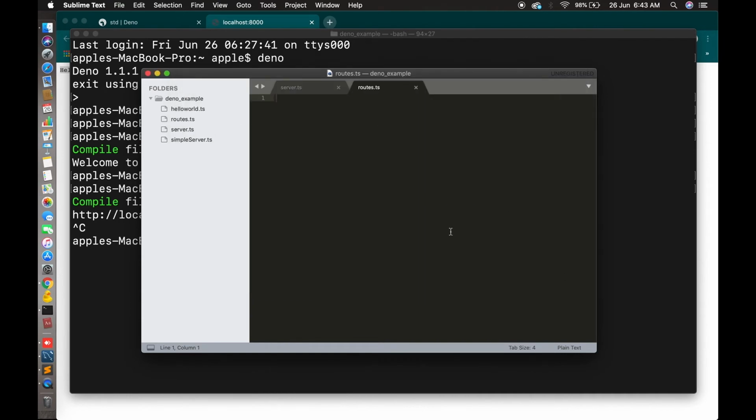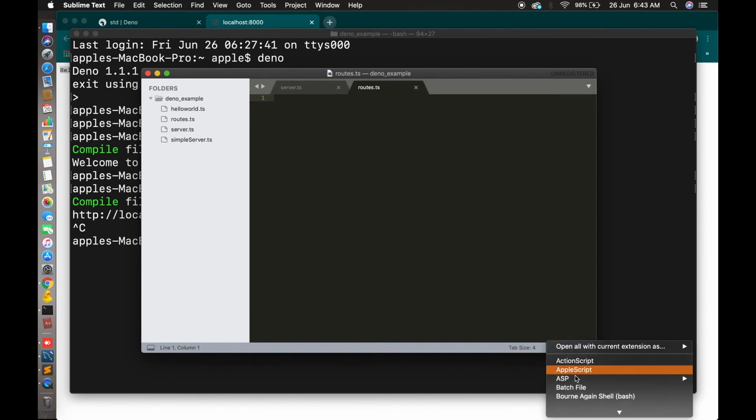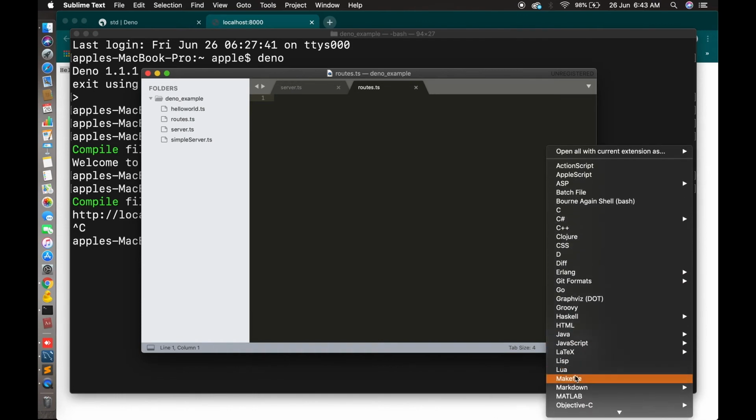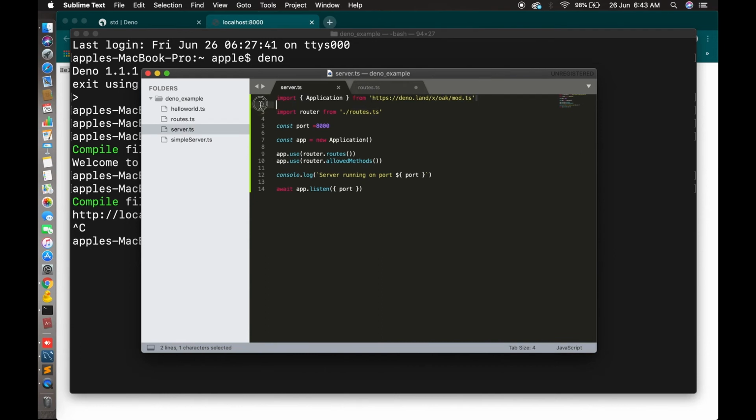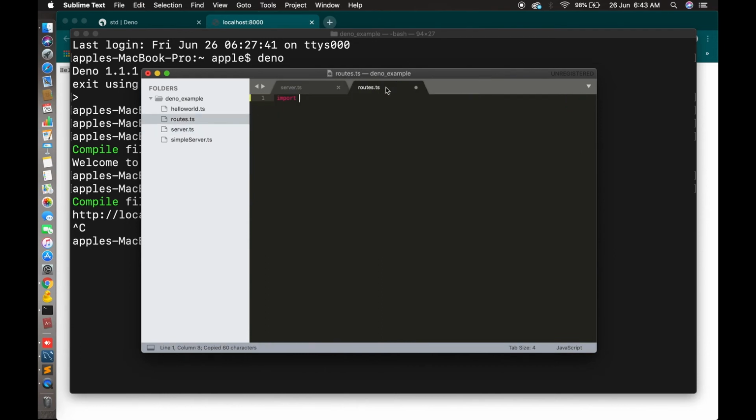So in routes.ts, we also enable JavaScript here, and the router is an object we have to call from the same oak modules. So import, here the same it is. Let's copy and paste it here.